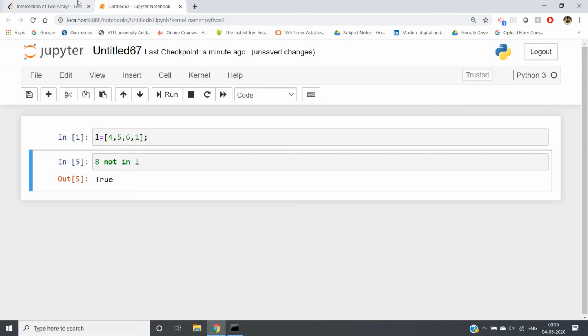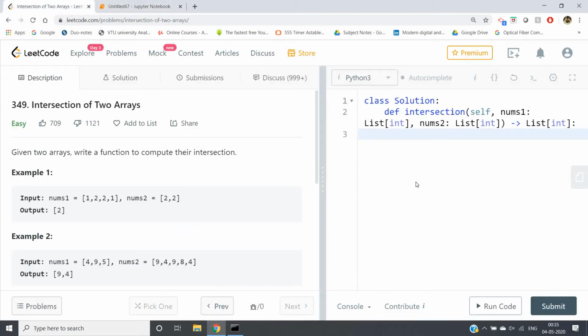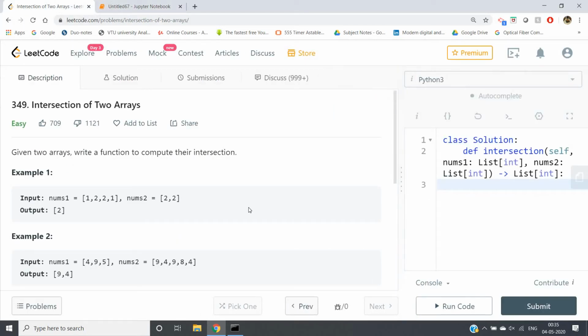I am taking one practice problem from LeetCode just to show you the application of not in. The problem number is 349 and the title is intersection of two arrays. I hope you have already studied intersection in set theory in mathematics. The question says, given two arrays, write a function to compute their intersection.